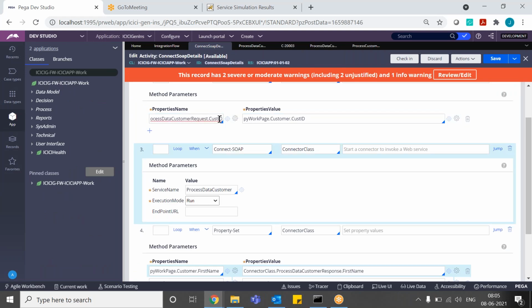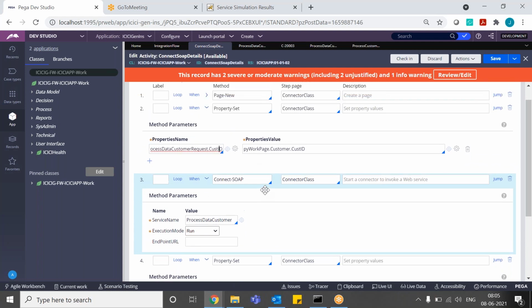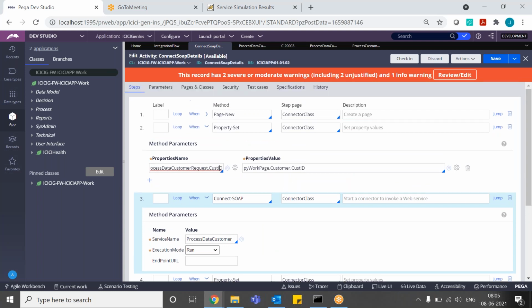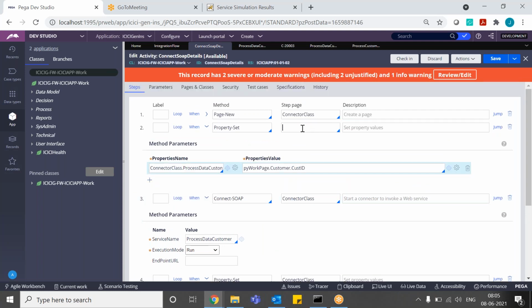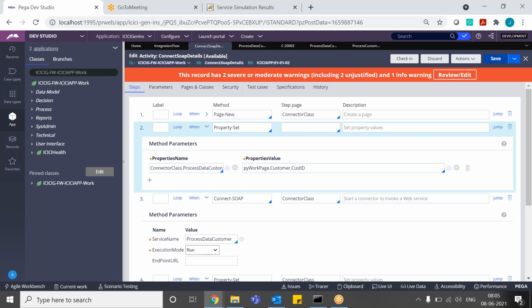So here already in the step page you have given the connector class, right? So you remove that one. And in step 2 the connector class is there, right? So you remove that connector class. Okay, that is the same. No, actually remove it here and keep it on the step page. So I have removed this connector class here, and next.